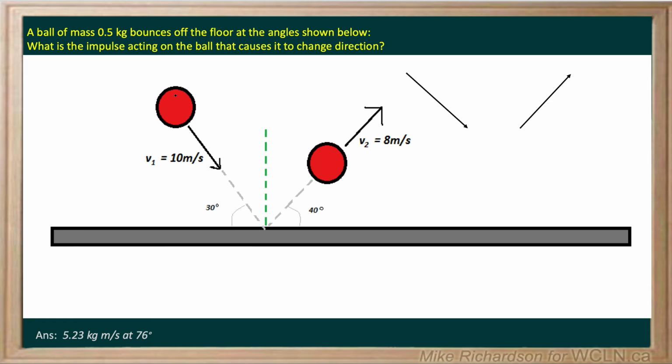Okay, here we have a ball bouncing off the floor. The incoming velocity is 10 meters per second and it makes an angle of 30 degrees with the floor. And when it rebounds, it makes a bigger angle of 40 degrees, but it's lost a little bit of energy, so it's coming off at 8 meters per second. And the question is, what is the impulse responsible for this change in direction of the ball, change in momentum